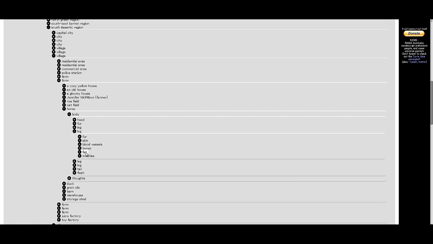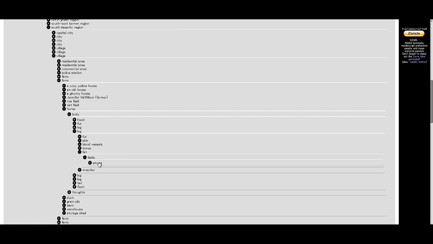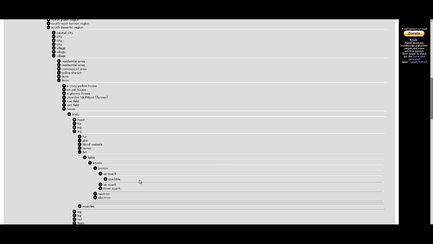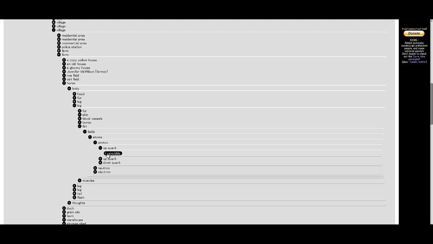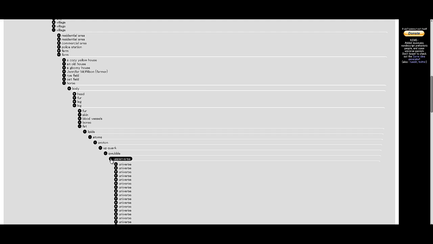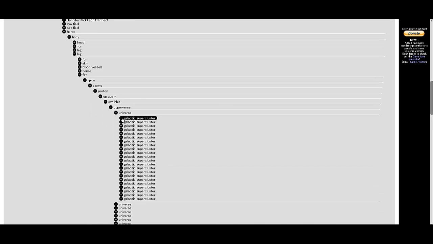So some of these are a little bit more well-modeled than others. Within the fat, there's lipids. Within the lipids, there's atoms. Within the atoms, there's protons. And then we get down to quarks again. So something really cool happens when we get down to beyond quarks. We find that there's a quubble. And within the quubble, we've got an upperverse and an estraverse. And then if we go to the upperverse, you'll find the entire universe begins again,